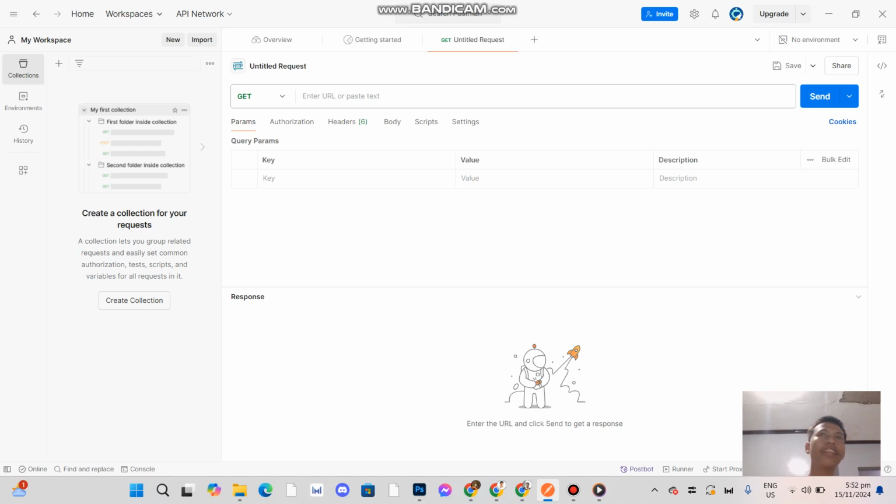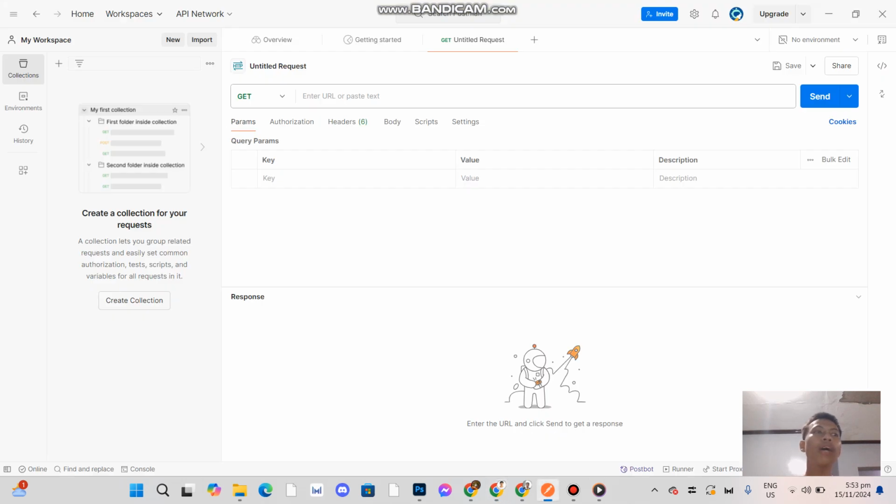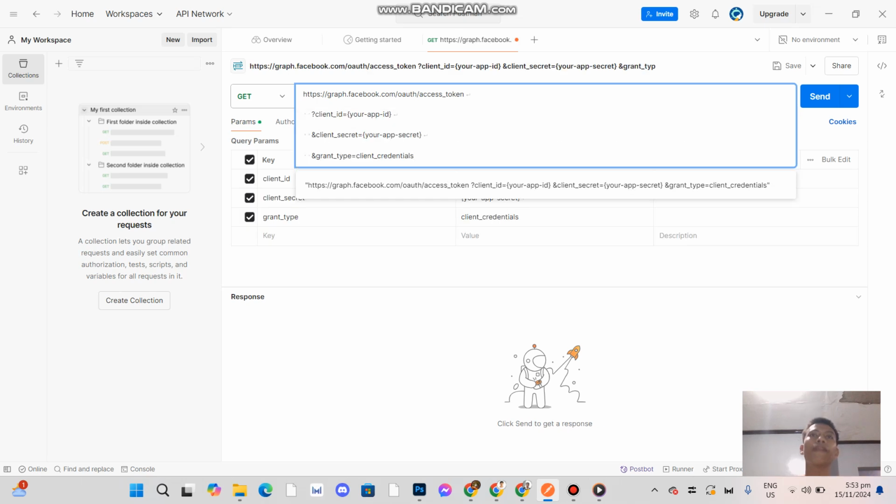and create a new tab. So we created it, and we must copy the URL. We need to copy this and go back to Postman, and we need to paste it.